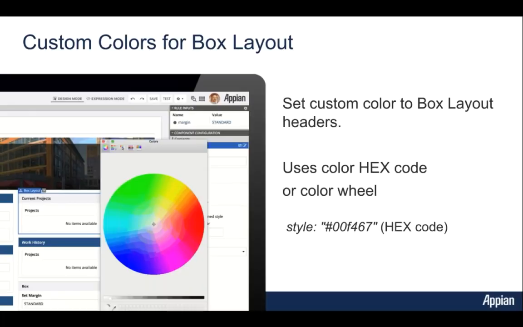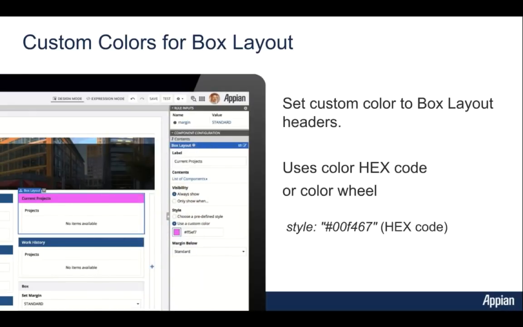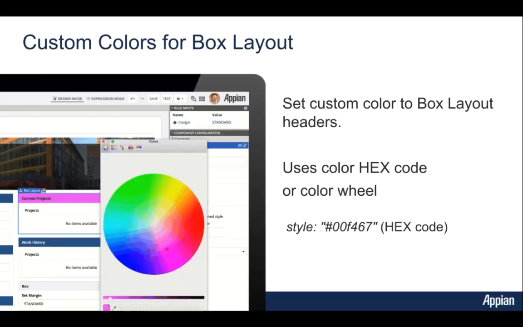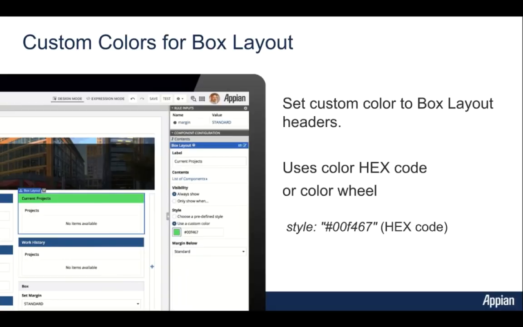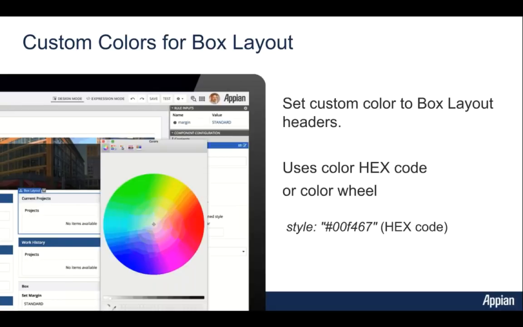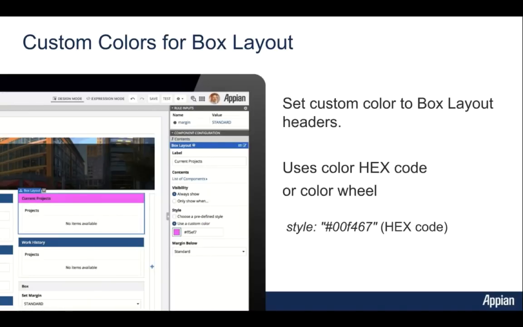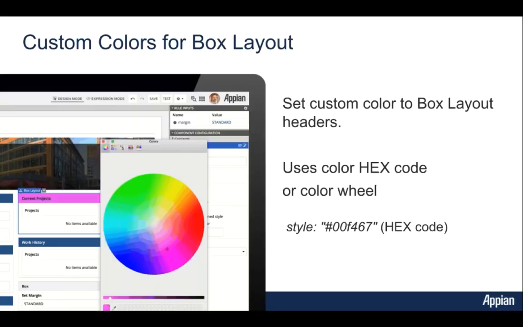In addition, we also added custom colors for box layout controls. So custom colors for box layout is the same, similar custom color control we have for things like the billboard layout control, the card layout control, and other areas where you can specify hexadecimal color codes. So in this, I simply select the box layout I'll configure. You can see that there's a new option to say use custom color, configure the style to be the hexadecimal